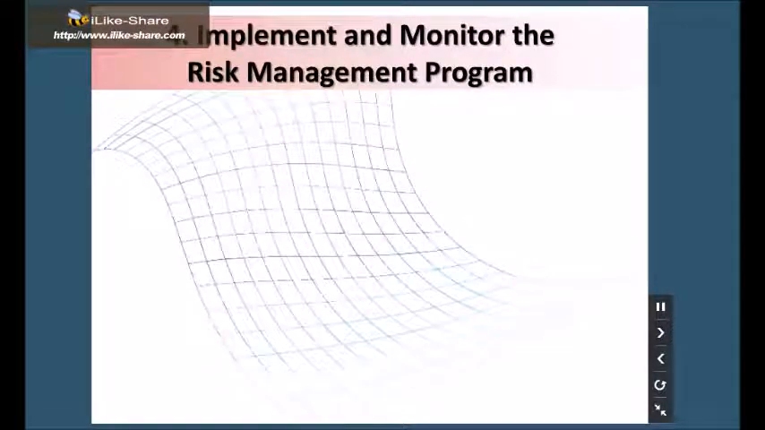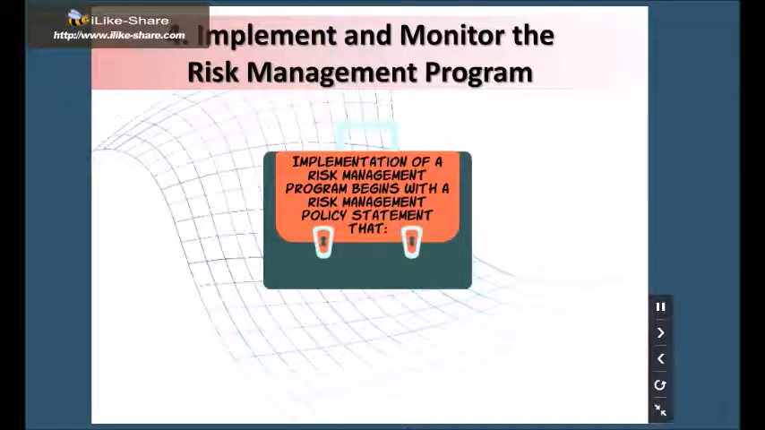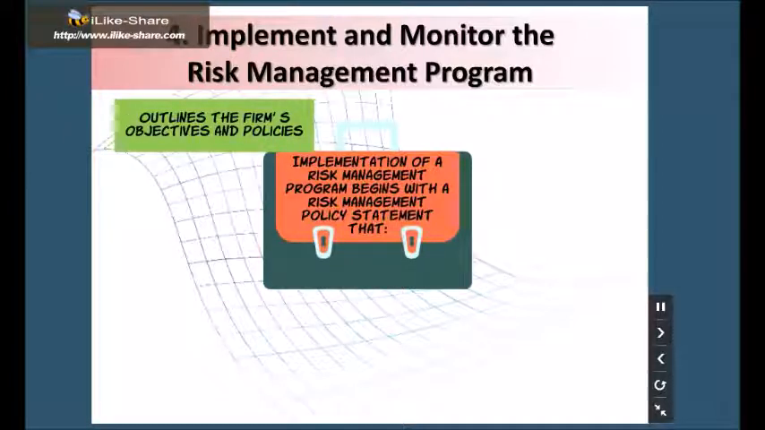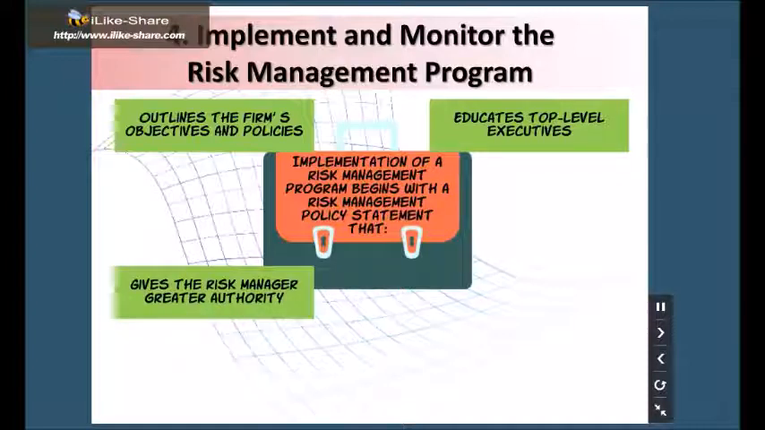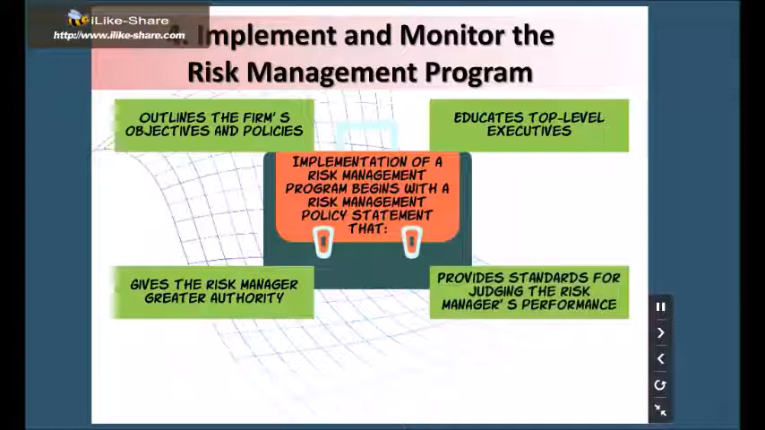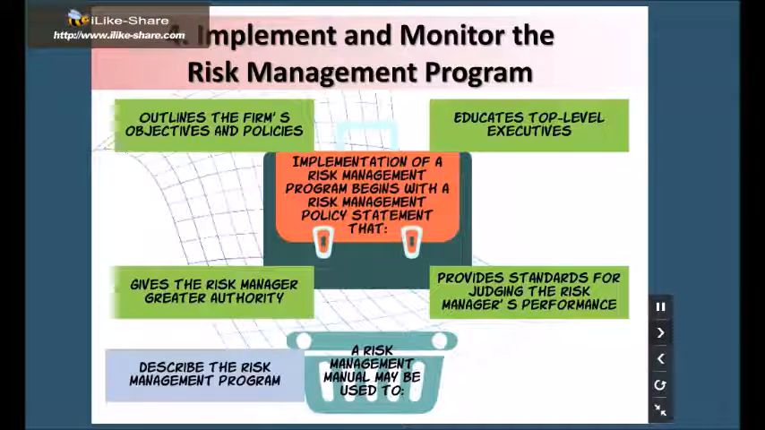Implement and monitor the risk management program. Implementation of a risk management program begins with a risk management policy statement that outlines the firm's objectives and policies, educates top-level executives, gives the risk manager greater authority, and provides standards for judging the risk manager's performance. A risk management manual may be used to describe the risk management program, train new employees,